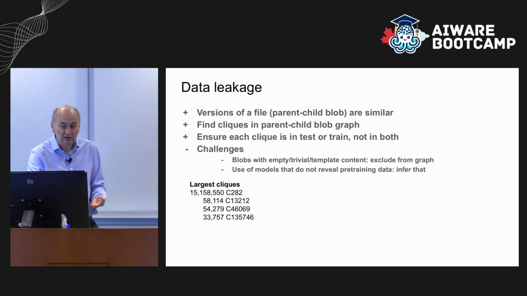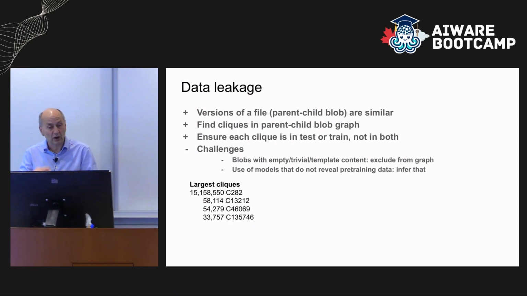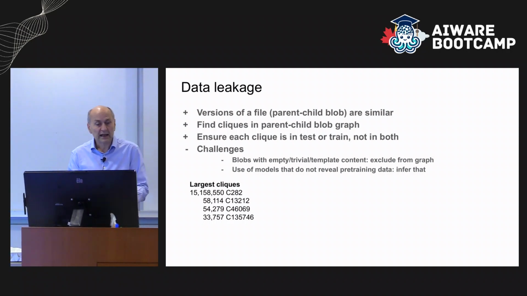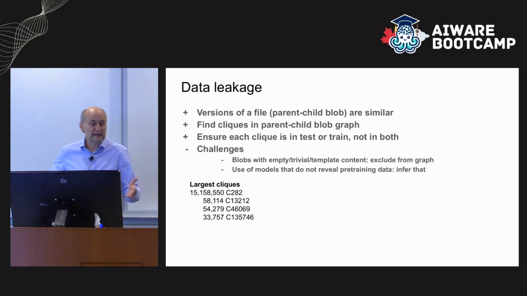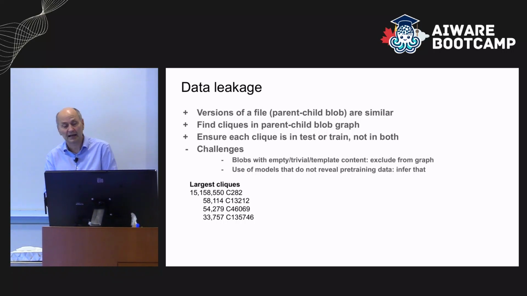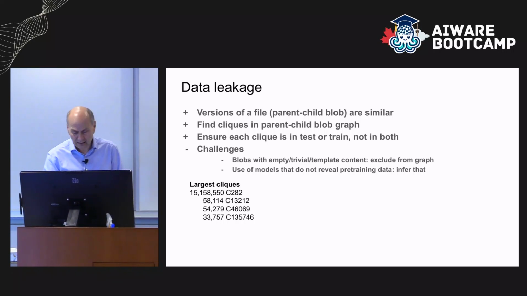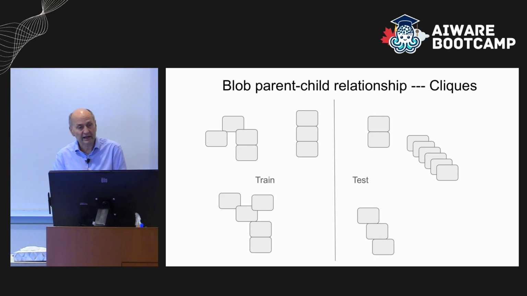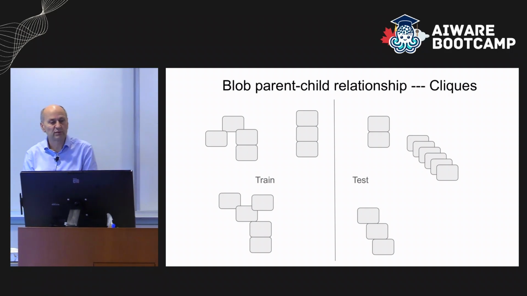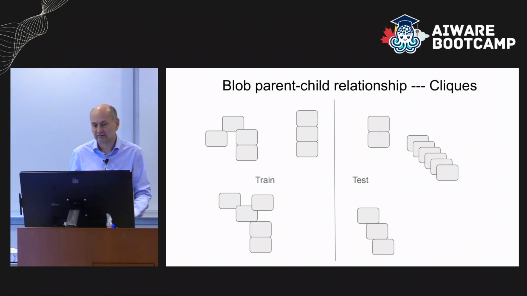We still need to do better work on figuring out what these cliques are and how to break them down further. You might use some community detection algorithm, et cetera, to do that. But most of them are much more reasonable, with much smaller pieces. If you go down the list, you would see maybe only one or two blobs in a clique. So here's how you take that list of blobs, group them based on parent-child relationship, and then when you separate the test and training sets, you put them in different bins.